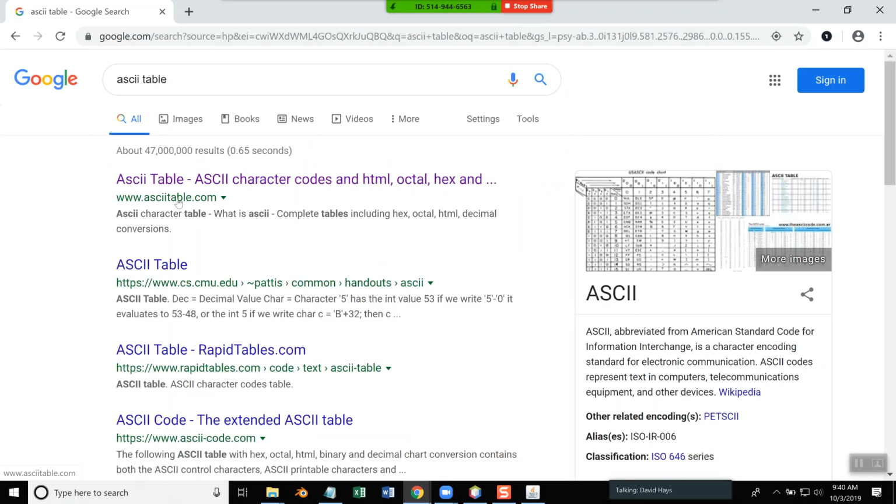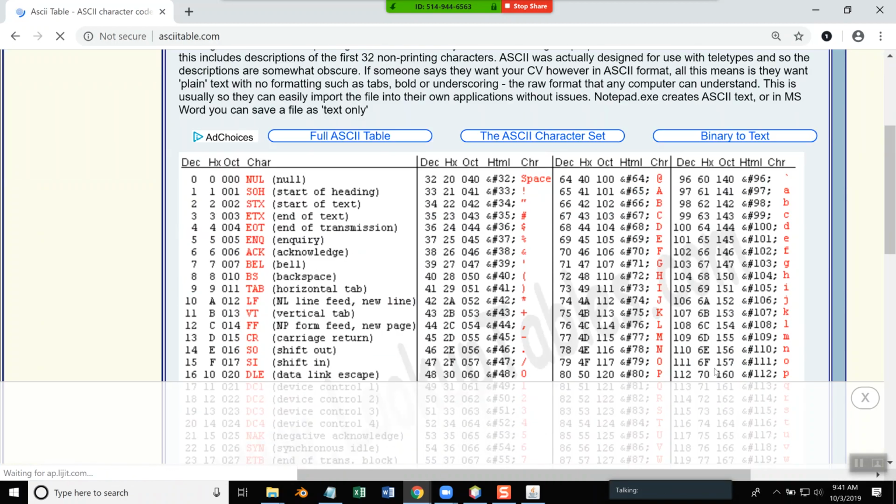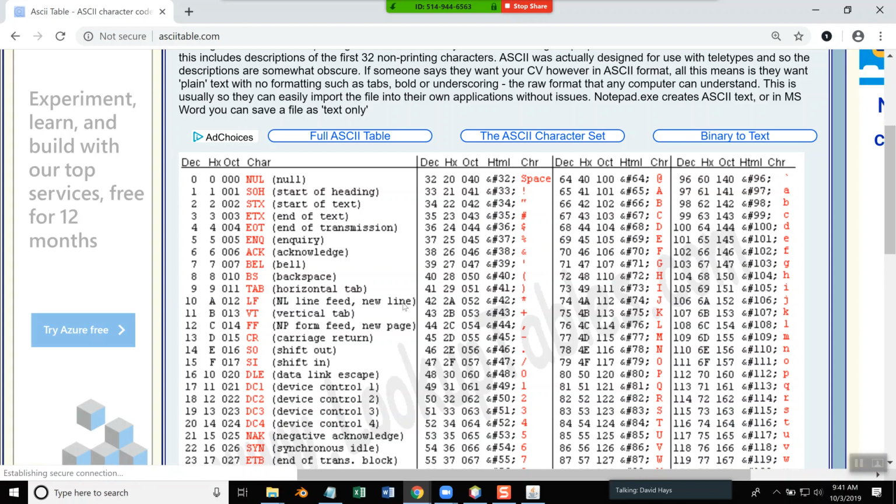Wish I could remember the website, ASCIItable.com. You see 10 over here in decimal is a new line, line feed, new line. That's why I said I was pretty sure that it was integer, because I was figuring it was tying to the ASCII character here. Probably,